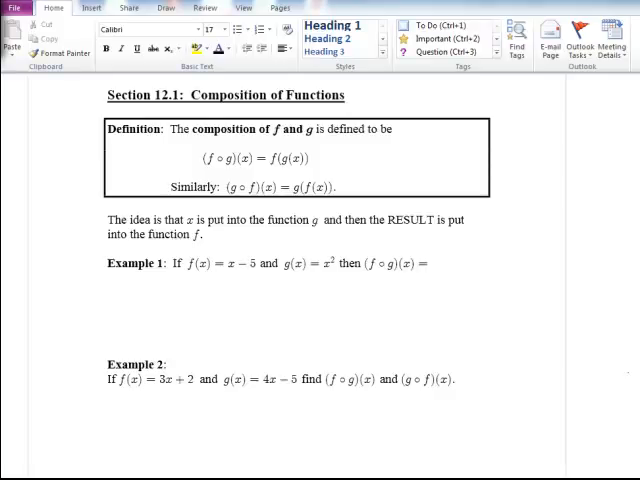In this section on 12.1, we are not going to cover all the topics, but we're going to cover just the topic of composition of functions. So the first thing we need to talk about is the definition and the notation that's used for this idea of composition. What you'll see is either this f circle g of x, which means f composed with g